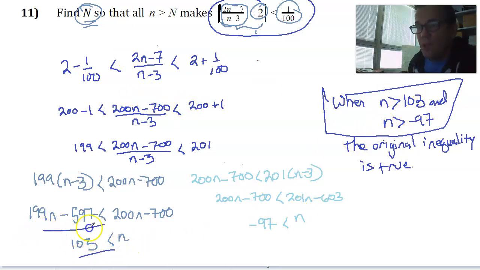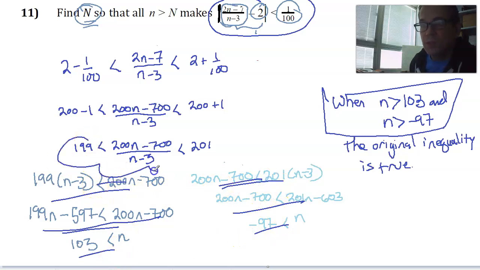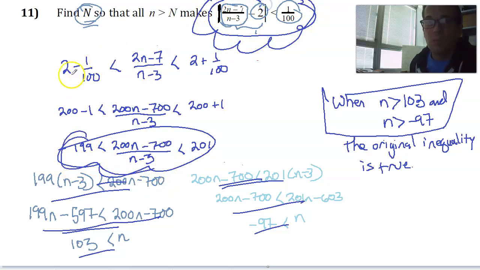But I do think it's important to emphasize when we're saying when this is true, like this being true makes this true. And if this is true, this is true. This being true makes this true, makes this true. If these are both true, this is all true. And if this is all true, all the way back up here, this is true. And I think it's important to understand that chain of calculations,